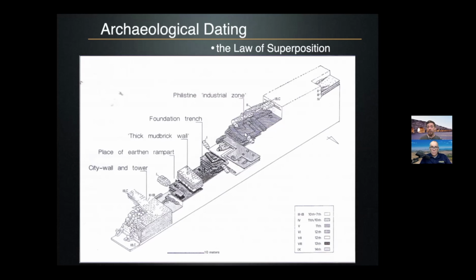what we have, again, is a fancy term called the law of superposition. And all that means is that the more recent stuff is on top, the more ancient stuff is underneath or lower down. And you can see how they relate as long as one stratum touches another. If there's no actual physical connection between an object and another object, then we can't always say which one of those might come first and which one might come later. There has to be a physical connection of some sort if we want to create the relationship chronologically between them.